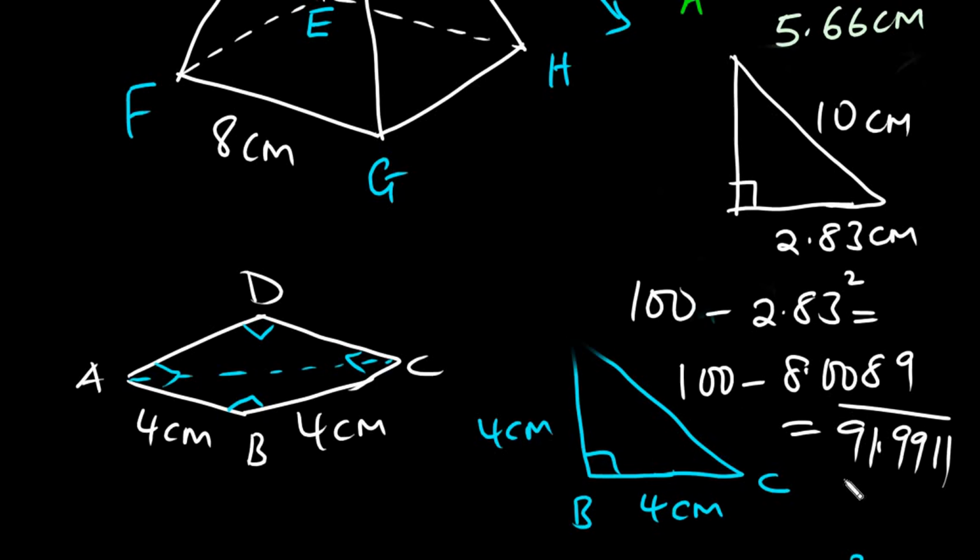So if we find the square root, we are going to get this length that we are interested in. The square root of 91.9911 is